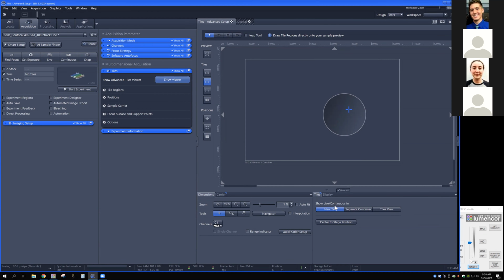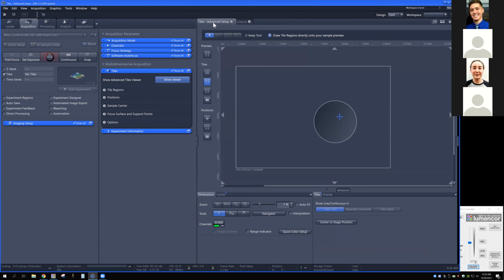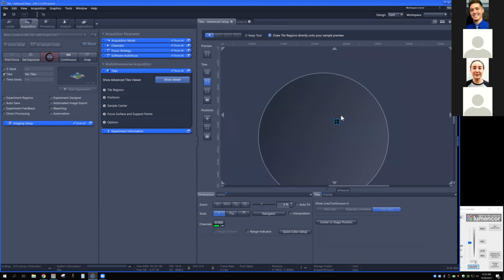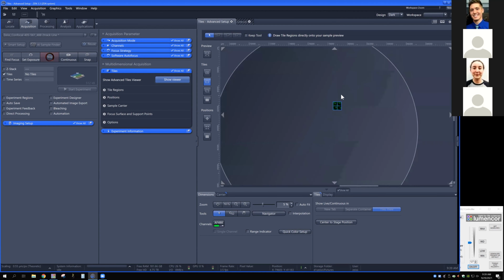And so the live window, the way that it's set up here, if I click on live right now, it's going to give me a separate window, but then I have to toggle back and forth between these two as I'm working with it. Now, if I instead show my live window in the tiles view like so, then it's not going to toggle me back and forth, and it's only going to show me my live window within this tool, within the tiles tab. That can be helpful, but